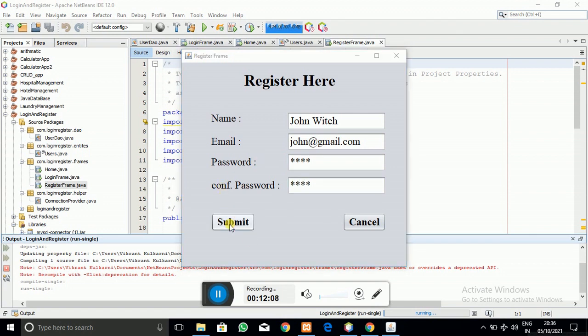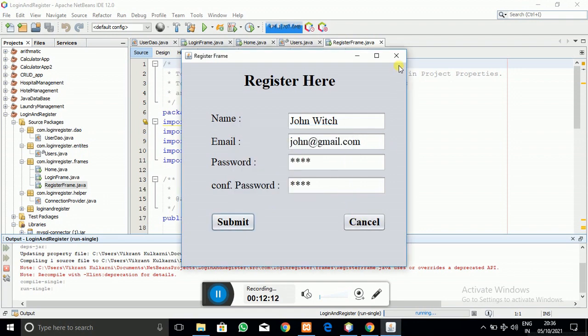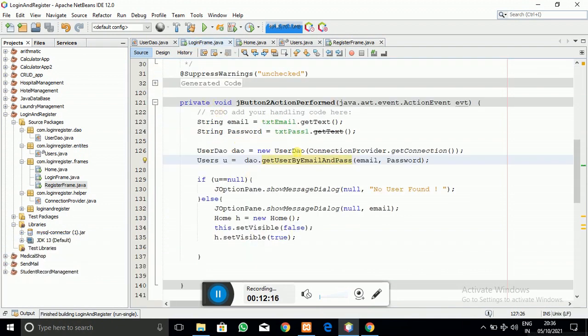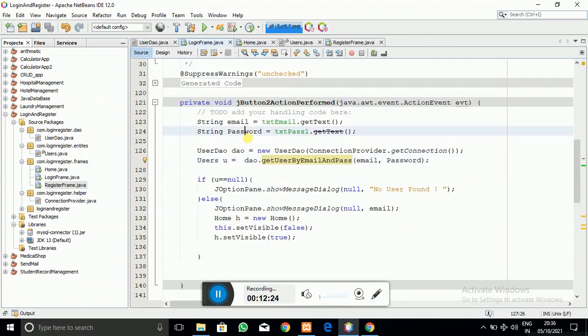Here you can see that data is inserted successfully. So now just run the login module and try to enter our registered email ID and password which we have just registered. So right click on this file, click on run file, and it will appear in front of you. So let's see whether the login module is working or not.